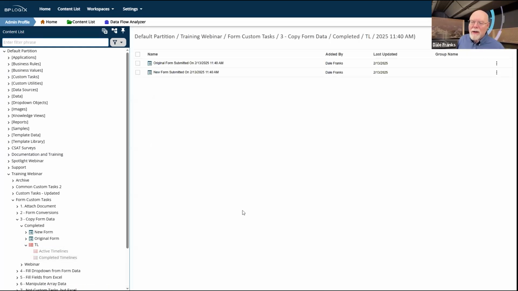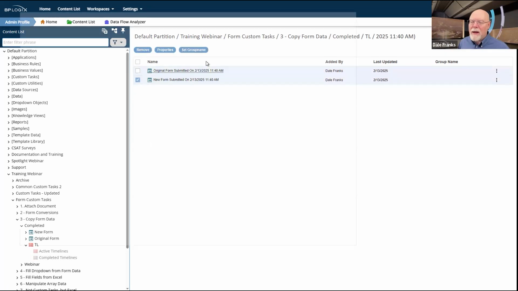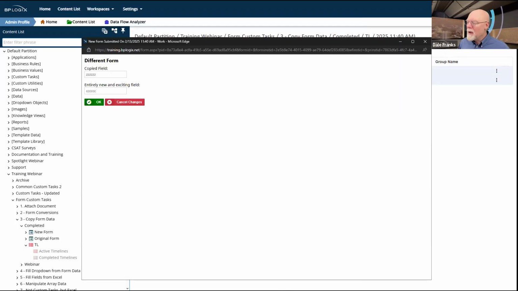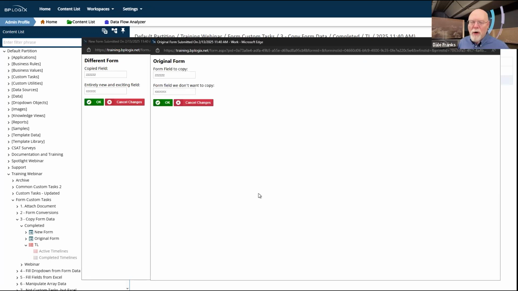We can go to the timeline items, and I can see that I have two forms, the original form, which is right there, and then the new form, which is right there. So there's my original form and my different form with the copying over.